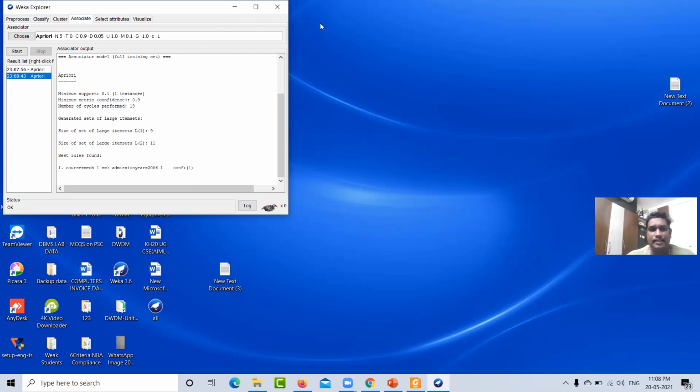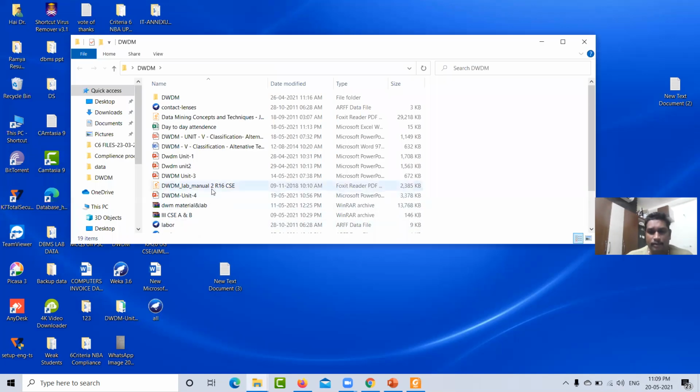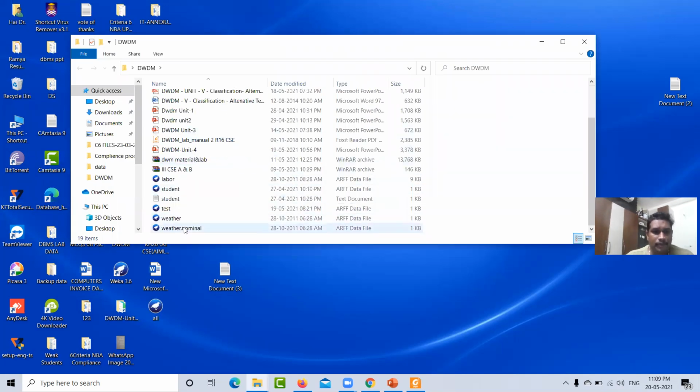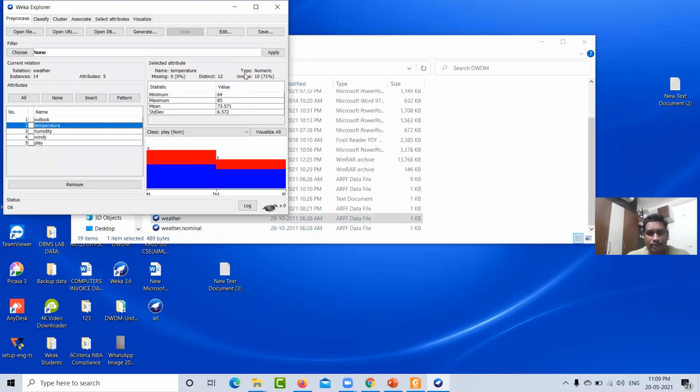This is the session we discussed. Consider if you are taking numeric attributes instead of nominal attributes. Take the weather data set we discussed previously. Outlook is nominal, and temperature is a numeric attribute.